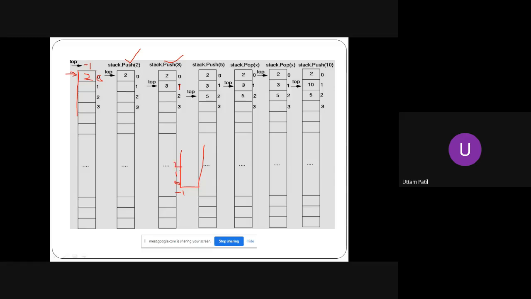So push 3 puts 3 onto the stack. I push another item, top is incremented, it points to this location, and I put 5 on the top. I think it is clear till this point. I have pushed 3 elements onto the stack: 2, 3, and 5.